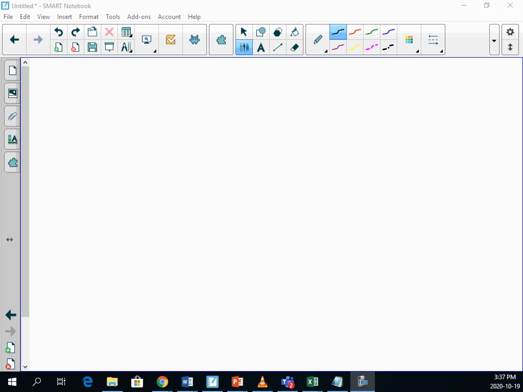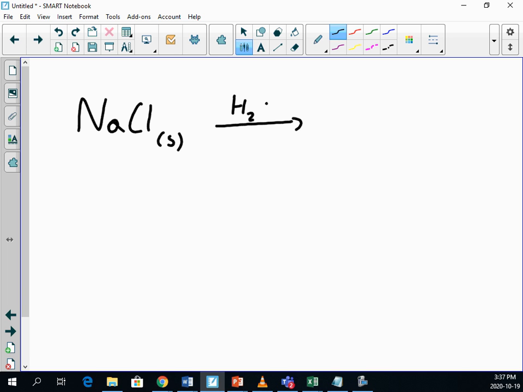Okay, so let's take a moment and review some material from Chem 11. Let's say I've got a salt, for example, sodium chloride, NaCl. Generally speaking, that will be a solid at room temperature. But we can put it into water, and we see that the polarity of the water is able to separate the salt ions. So the sodium ions, the Na+ ions, and the chloride ions, the Cl- ions, go off into solution as aqueous substances